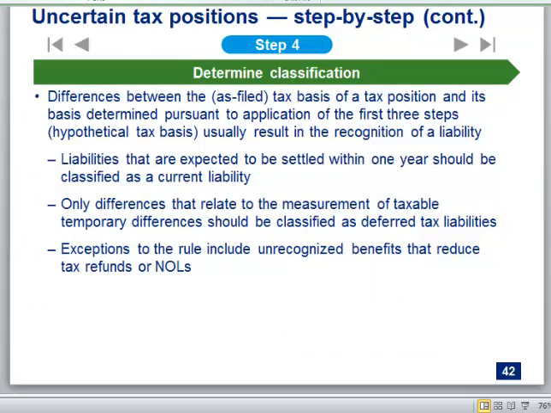Okay, I'm going to start speeding through this. Classification. So if you decide you need a reserve, you book it as current or non-current based on when you think you're going to pay it. Okay? So what if you don't think you're ever going to pay it? Never book it or don't book it? Well, if you booked a reserve under the recognition and measurement and you don't expect to pay it within a year, therefore it's non-current. Most people's liabilities are non-current.